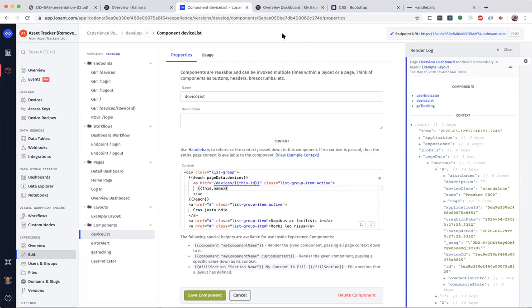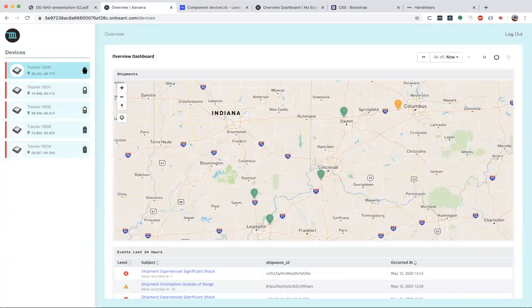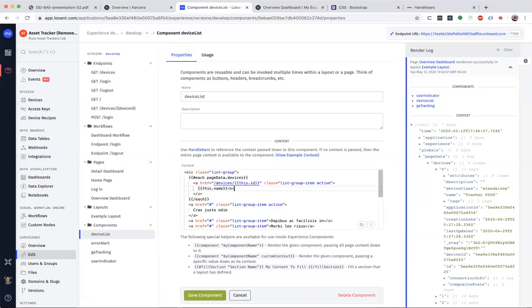Now let's just go a step further here. I'm not going to put the battery icon in for now, but we can at least put some additional information about each of these devices inside of that list. So in the first of these two lines right here, let's drop in the tracker's current location.